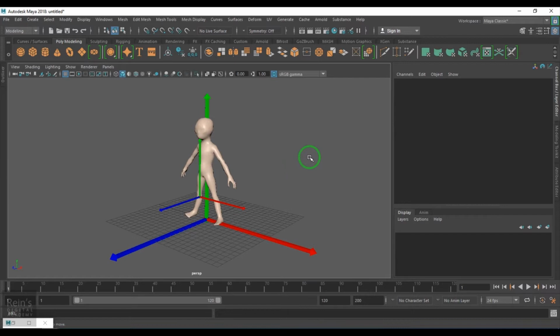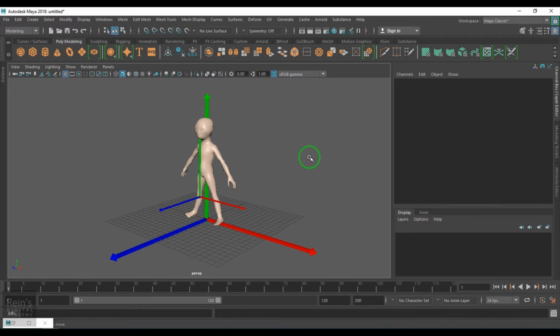I just want to make basics of series for the rigging here. So in that point, I just want to discuss world space, object space, transform node and shape node. So this video is all about that.